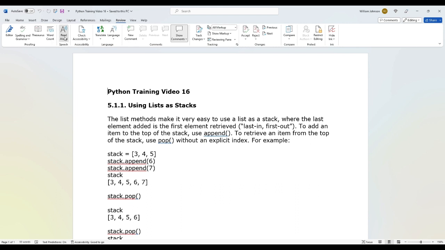All right, let's go. Python Training Video 16. 5.1.1 Using lists as stacks. The list methods make it very easy to use a list as a stack, where the last element added is the first element retrieved, last in, first out. To add an item to the top of the stack, use append. To retrieve an item from the top of the stack, use pop, without an explicit index. For example,